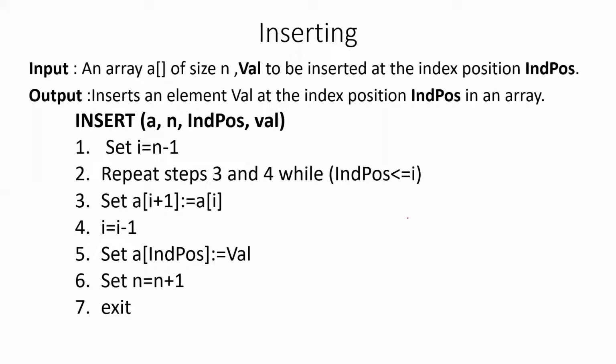So you can just say it is an algorithm for insertion. After that you can mention the input and output. What is the expected input and what is the expected output? So for input, what is required in order to insert a new element into an array? The existing array of numbers, right? Existing array of numbers of size n.